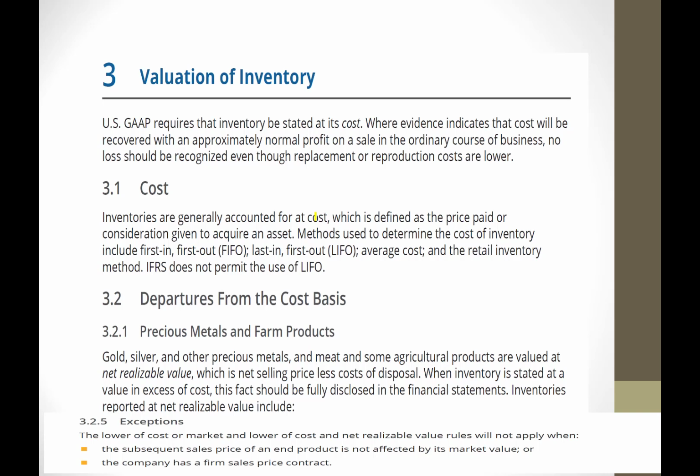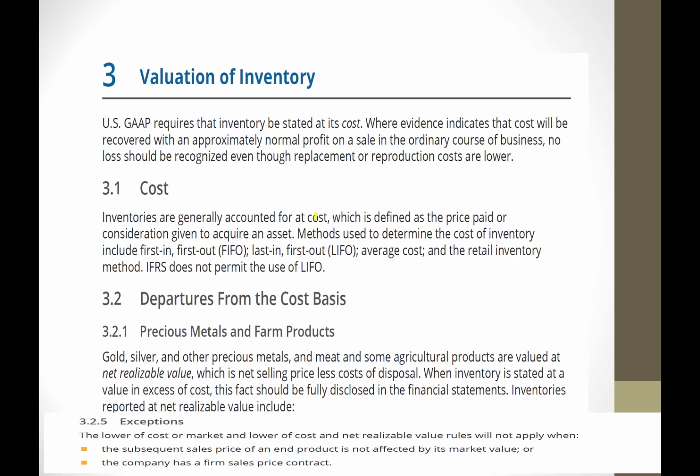Okay, all right, good. So when you think about it, we know what items to include, specific items, right? Don't include items that you're holding on consignment. Include your own consigned goods out of someone else's warehouse. What happens if you're sitting there and you have estimated returns? You're going to sit there and still kind of pretend like those things are still in your inventory, right? Okay. If you are sitting there and you have goods in transit, free on board shipping point, you'll include them in your ending inventory, even if you haven't taken the physical possession of them yet. If it's free on board destination, you exclude them, right, until they actually arrive.